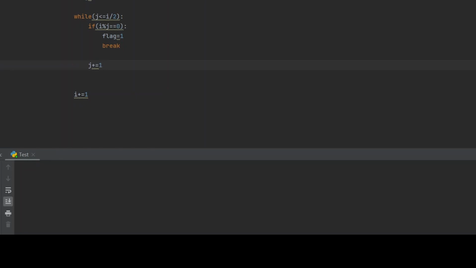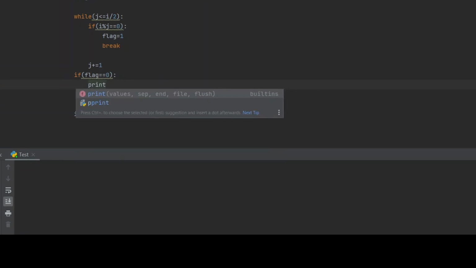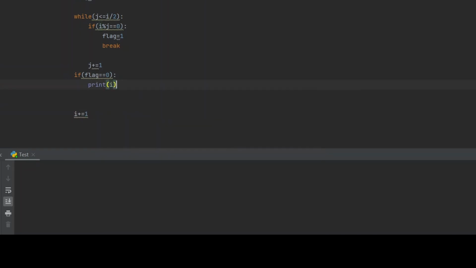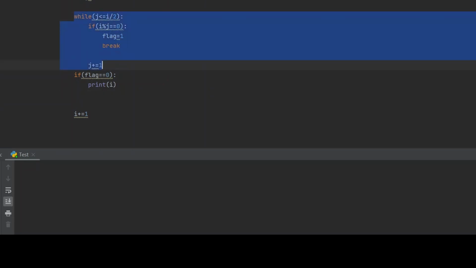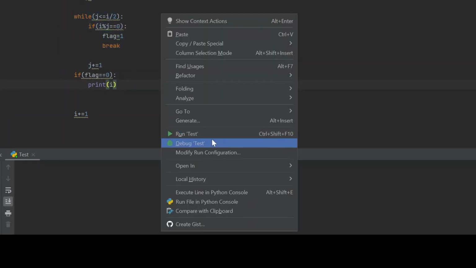And then here, if flag equals to 0, print I. I'm going to do this within the outer while loop, not inside the inner while loop. So now if you try to run,